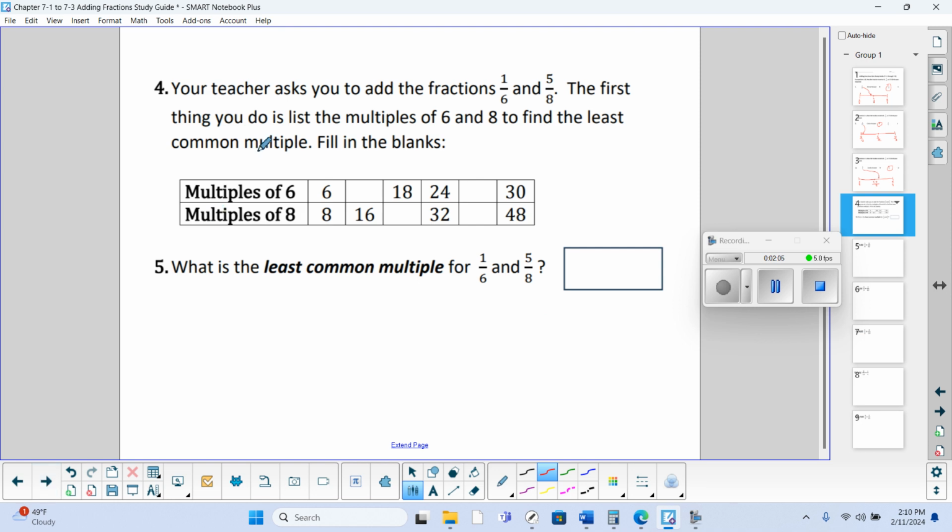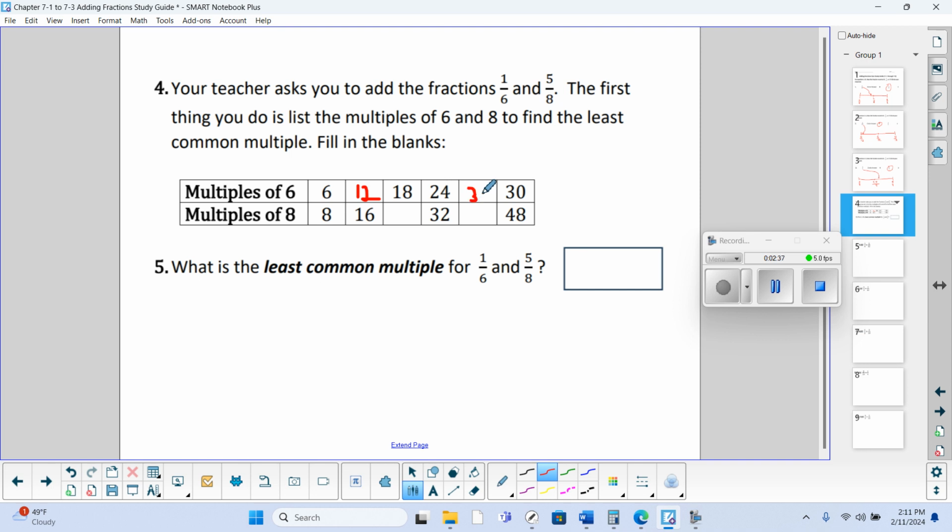Your teacher asks you to add the fractions 1/6 and 5/8. The first thing you do is list the multiples of 6 and 8 to find the least common multiple. So fill in the blanks. Let's go with the multiples of 6. If you count by 6, 6 times 1 is 6, 6 times 2 is 12, 6 times 3 is 18, 6 times 4 is 24, 6 times 5 is